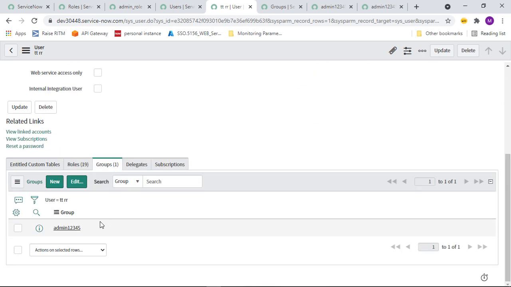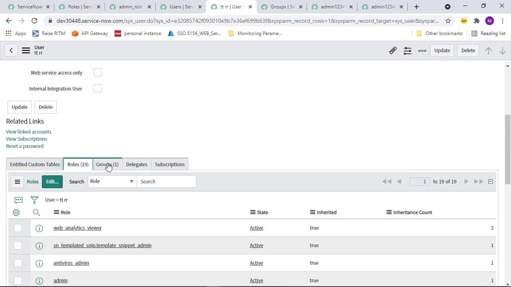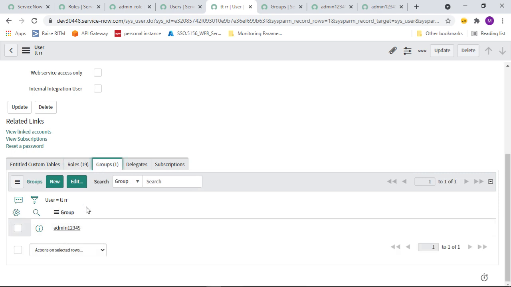See, now I have added this group to this user. Whenever I add this group to this user, all the roles that this group has are added. This is how we can add groups and roles to the user. Now I will show you how to delete the roles and groups for a user.